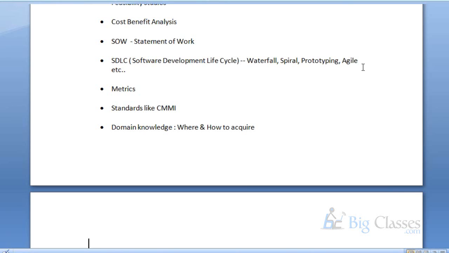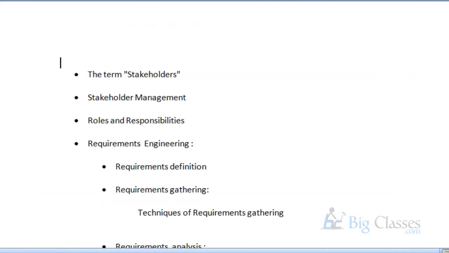And something about the domain knowledge, where and how to acquire domain knowledge, we'll see that in detail. And then something about the most important thing for a BA, which is stakeholder management. So we start from scratch again. We'll see who is the stakeholder and why stakeholder management is so important for a business analyst,